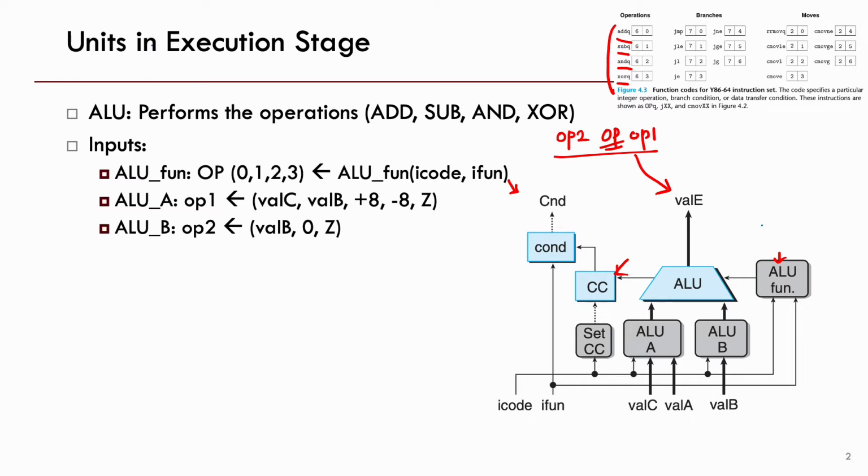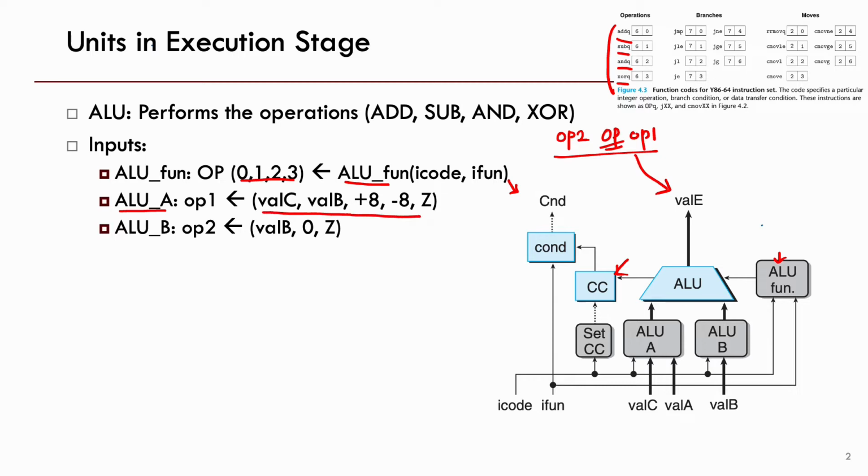It has three inputs: ALU fun, A, and B. There are four possible inputs to ALU fun, from 0, 1, 2, 3, from the ALU fun module. And then for ALU A, operand 1, there are four possible